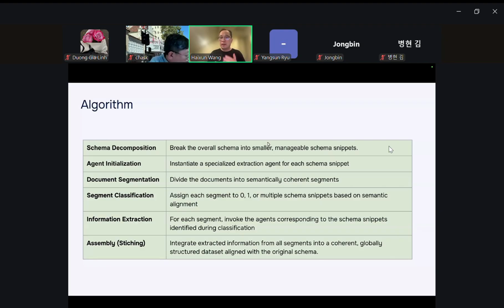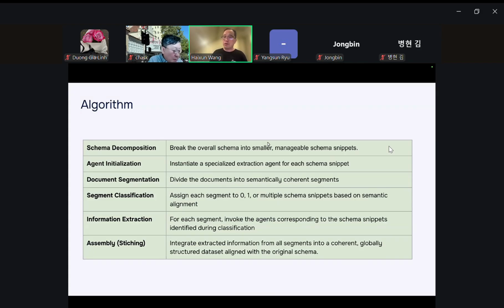And on the document side, we also do segmentation. We cut those documents into smaller pieces, but they are semantically coherent segments, right? And then we classify, we map each document segment to the snippets. It can be mapped to 0, 1, or multiple schema snippets.